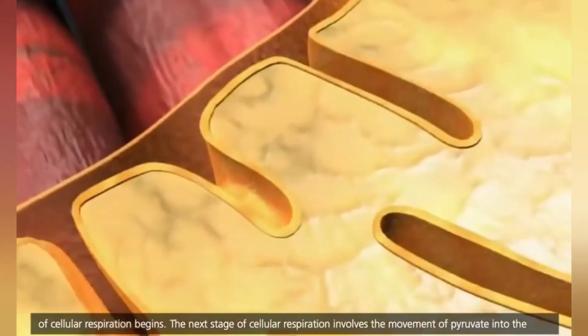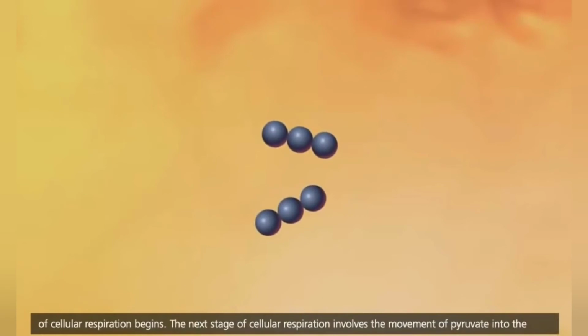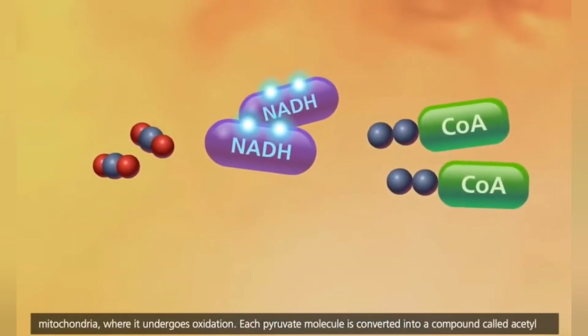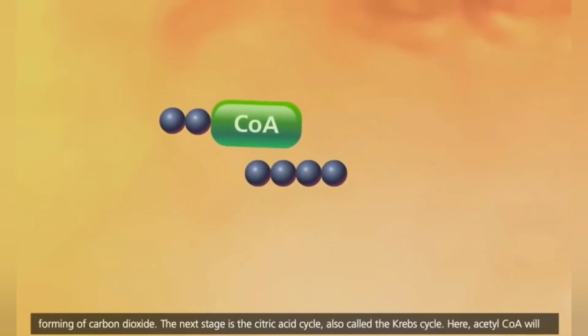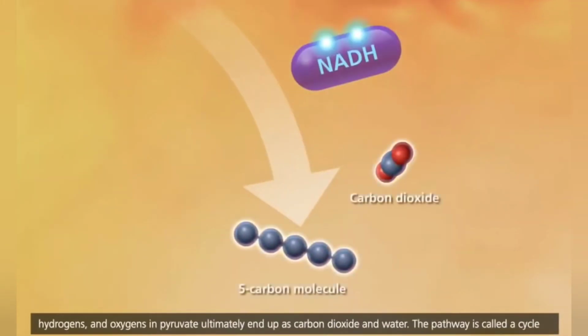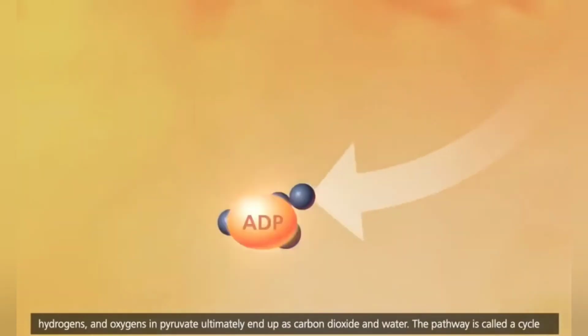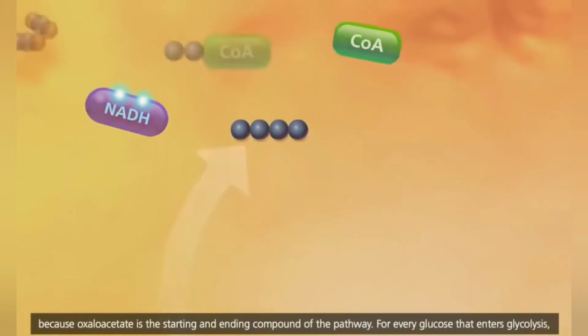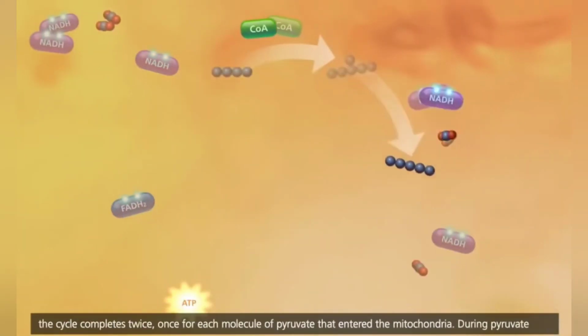and after the completion of the Krebs cycle, all the carbon of the glucose gets converted into carbon dioxide and removed out of the cell. Molecules like NADH and FADH2 that are synthesized during the Krebs cycle are then transported to the ETS, where they release a tremendous amount of energy, and the energy released is fixed in the form of ATP, which is the energy currency of the cell.